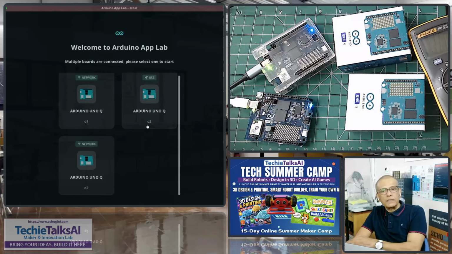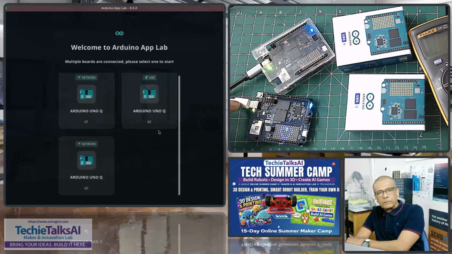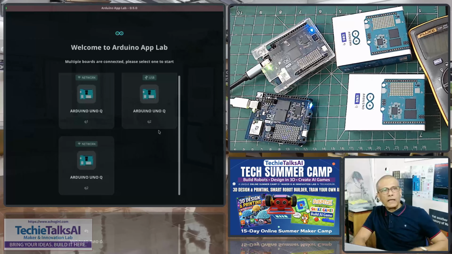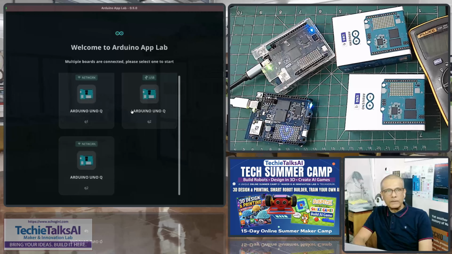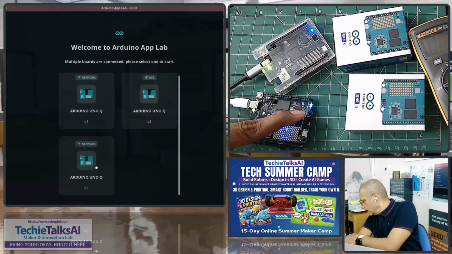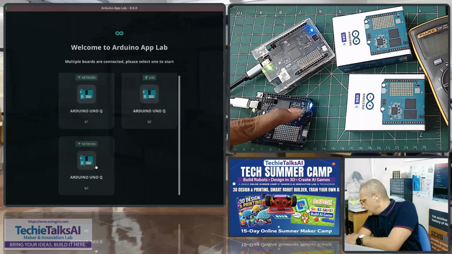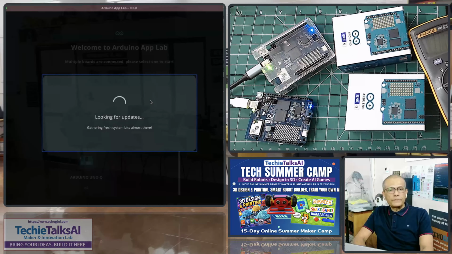So now we can unplug this from the laptop and connect it to a power source, and it will continue to be accessible via Arduino App Lab. That is all. So here we have Debian side 2 LEDs and Arduino side 2 LEDs. So we will use the USB board,